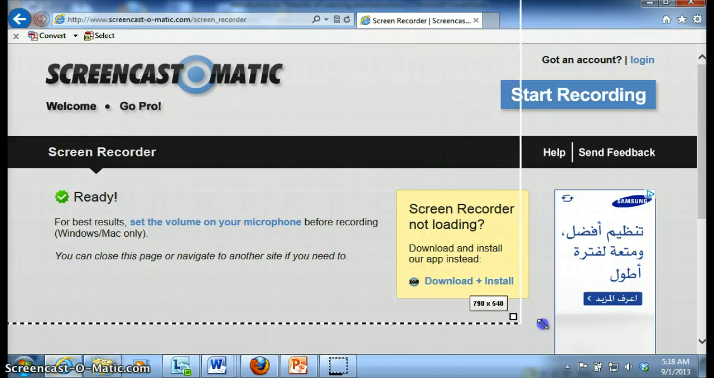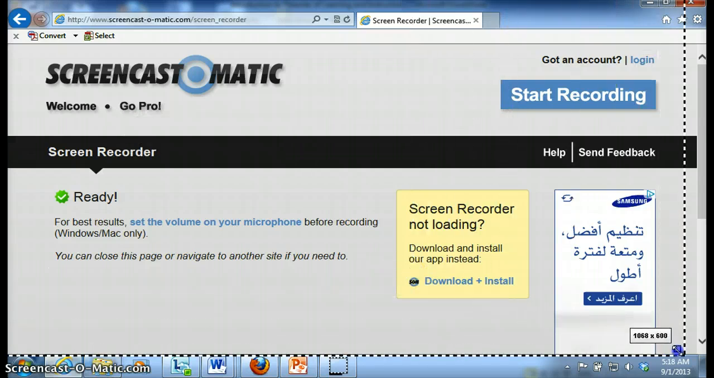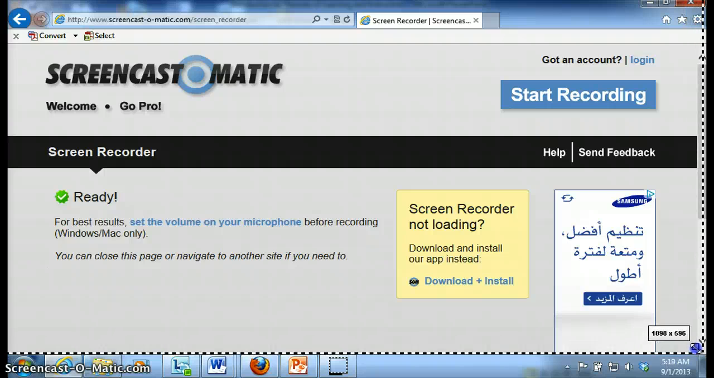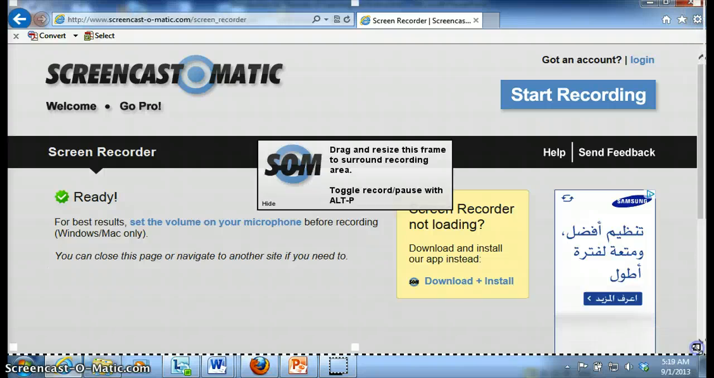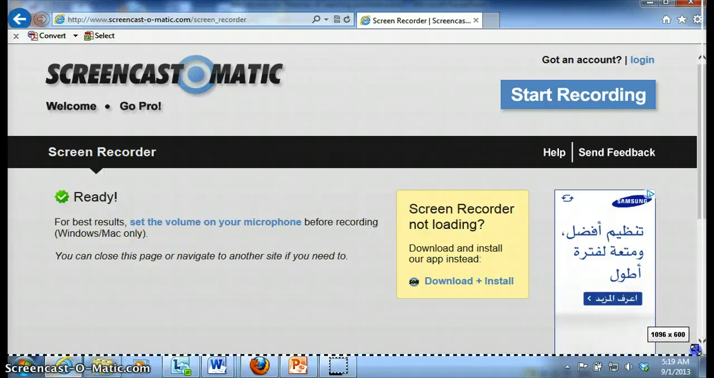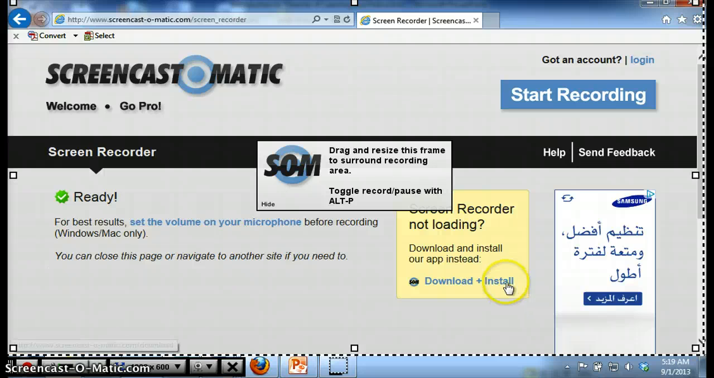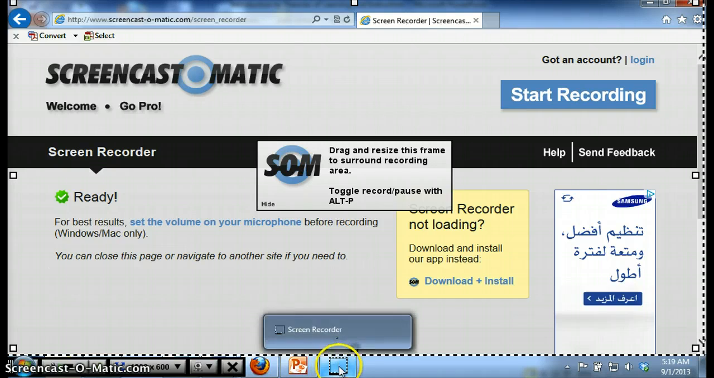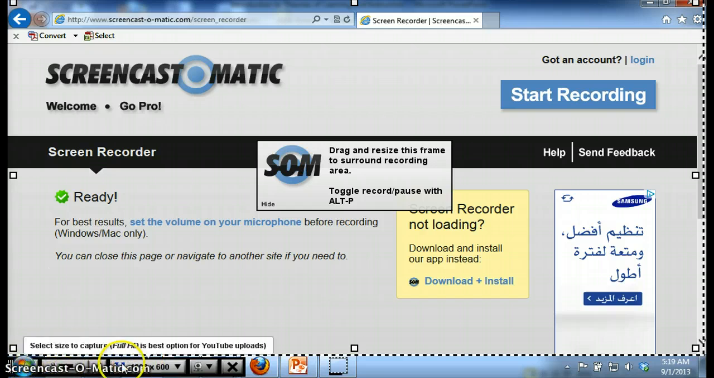I'm going to adjust that so that I can cover my entire screen space. And then it's running. You can see it's running at the bottom. It has that dashed line in my icon on the bottom. That's my screen recorder,